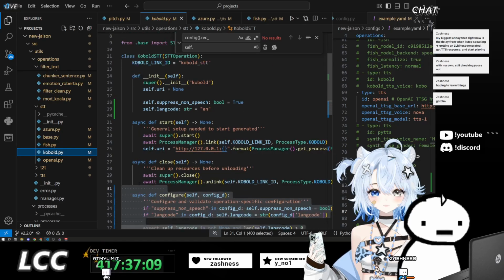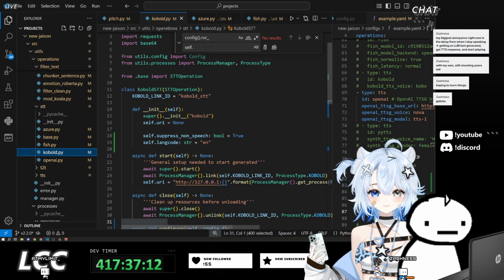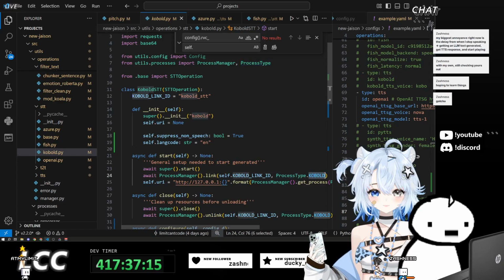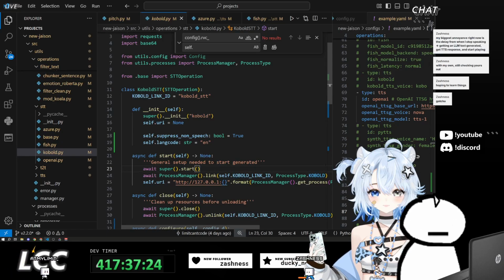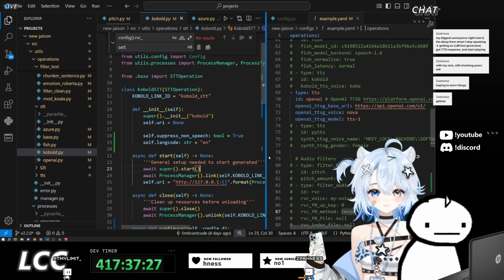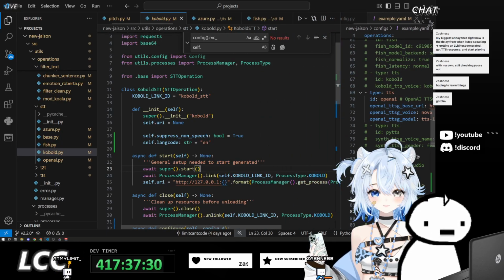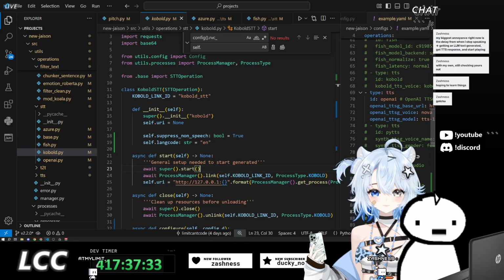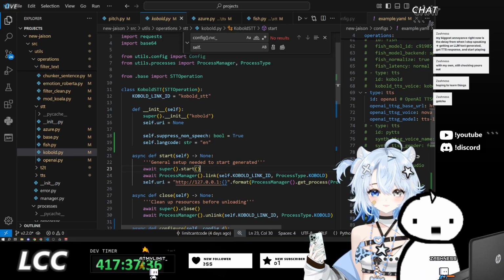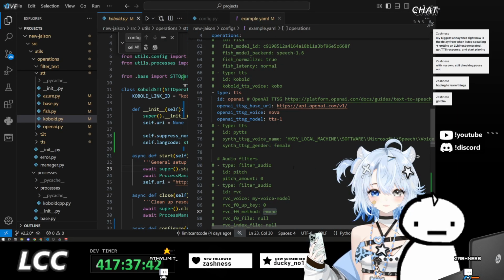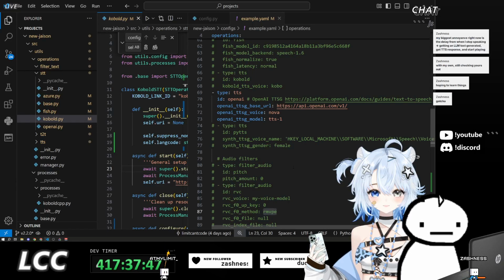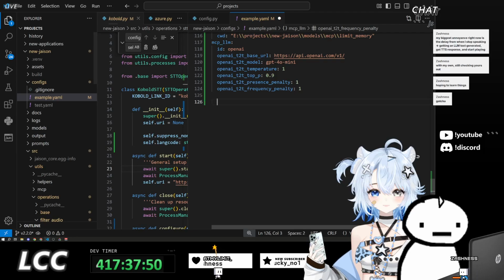The only problem is that we only load up one Cobalt process, right? We have a process type, and this enum is basically a one-to-one mapping, meaning that we can only currently have one Cobalt process. However, I want to change this so that we have process profiles inside of the configuration, where you can say, I have Cobalt 1, and this is going to load up Cobalt with this configuration. And then inside of your actual operations, you can specify in the configuration whether you want to use this Cobalt 1 profile for the process. But you can also specify something like Cobalt 2.